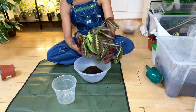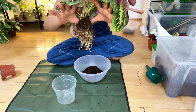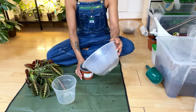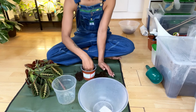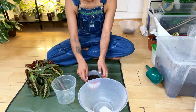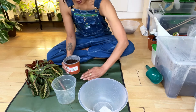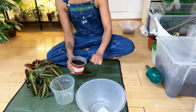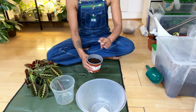Okay, I think that's good. I'm happy with that. Here's its little root ball, very cute. And then all of this I'm going to put back into this pot that I don't plan on keeping. And as you can see, that is just pure cocoa coir. So nothing amazing about that soil. Right,